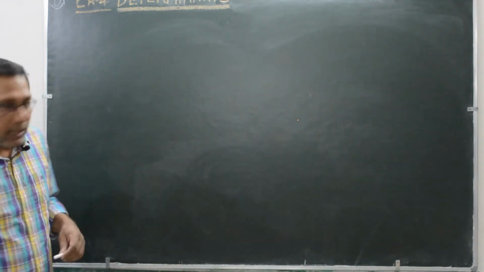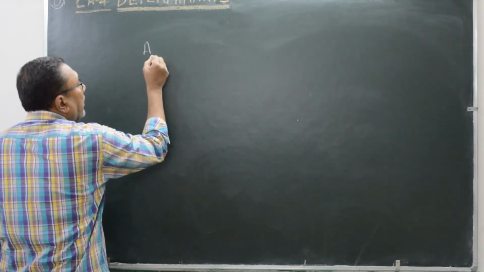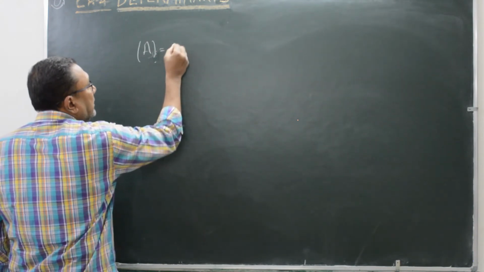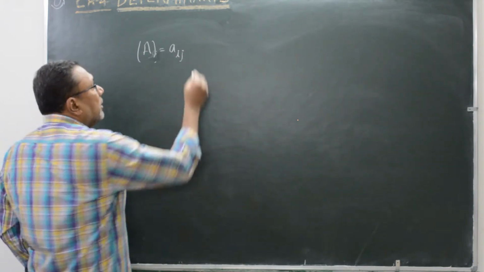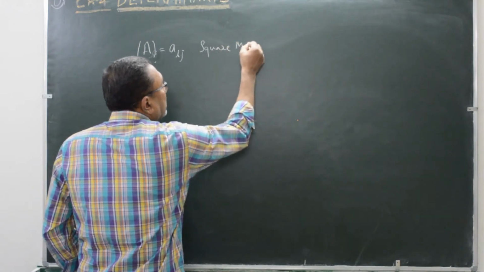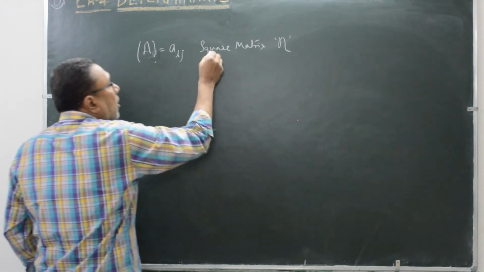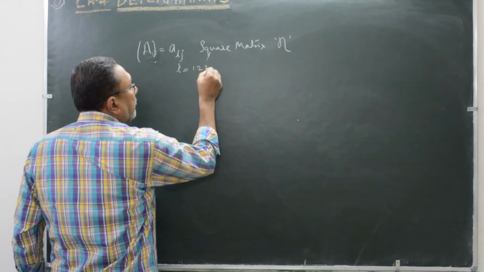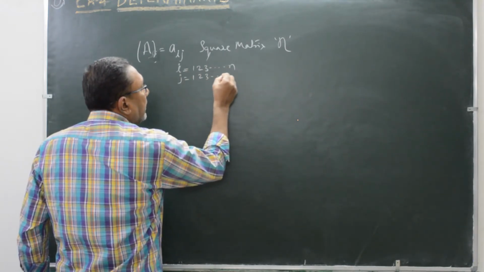We have already studied that a matrix is represented by a_ij. Here it is a square matrix of order n, so i goes from 1 to n, and j goes from 1 to n,